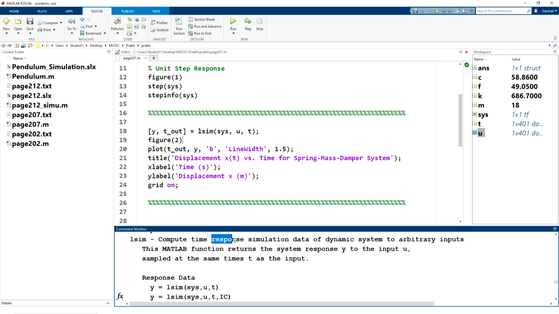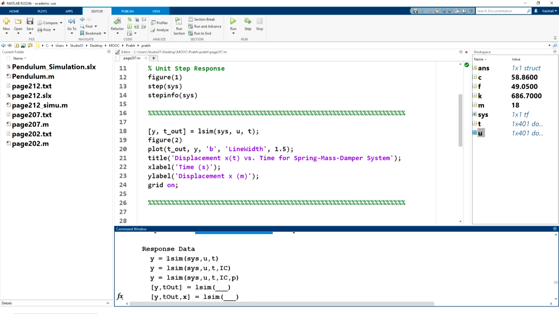It computes the time response simulation data of a dynamic system to arbitrary inputs. This MATLAB function returns the system response y to the input u sampled at the same times t as the input. So the syntax is lsim, that is system, followed by input, followed by time.